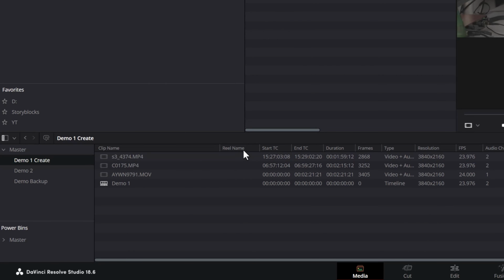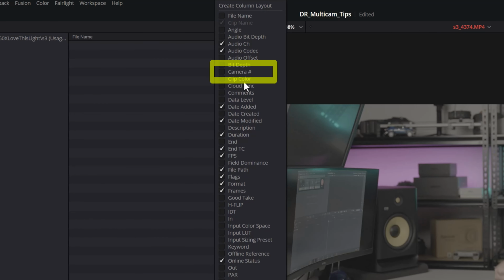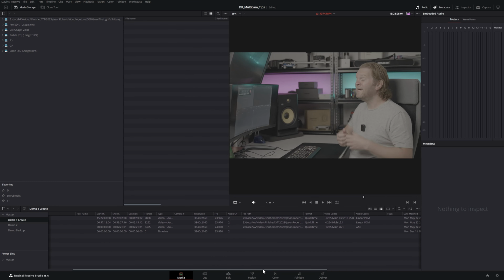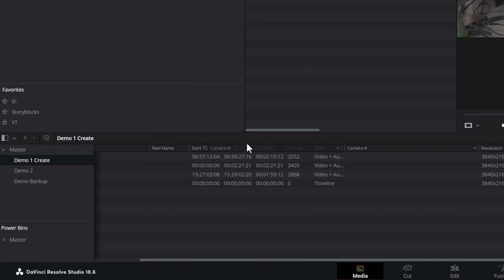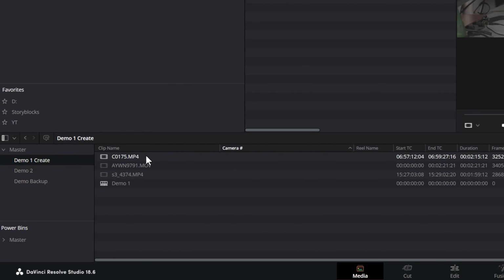Come up to these column names and you can click anywhere in these column names, right click and come up here and make sure that camera number is selected. Just tick that, and if we scroll along here you can see now that we've got this camera number column. If you want to, you can drag this column near the start so you can see it right next to